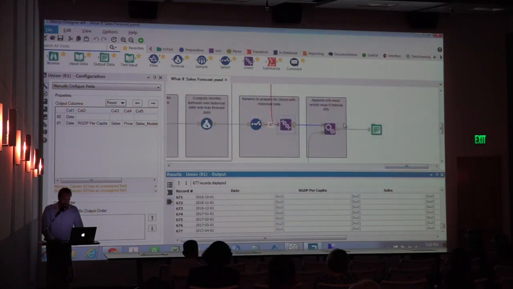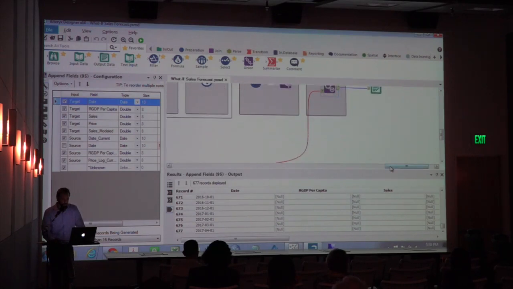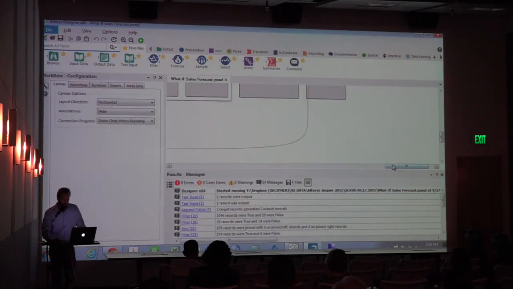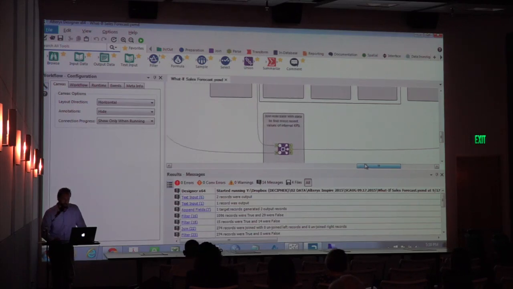So one last step, what we're doing here is just appending each row with some statistics that are going to help me create formulas in Tableau. And just make my life a little bit easier in Tableau. Now you can definitely do this in Tableau. I just prefer to do this stuff in Alteryx first because it makes life a little bit easier when creating